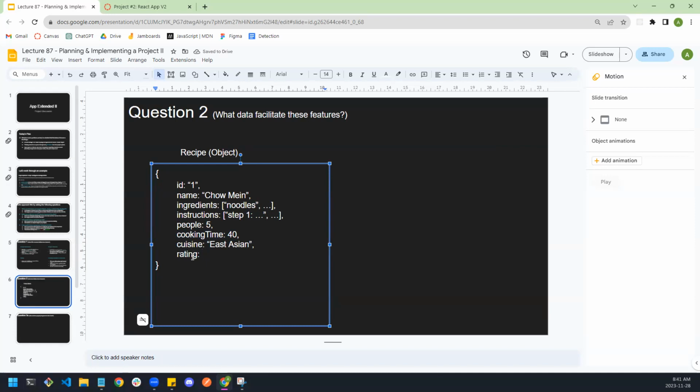No, sorry, not an array. Hmm. Actually, this is a good point because we have multiple people who have submitted ratings, right? Okay. What we can do is